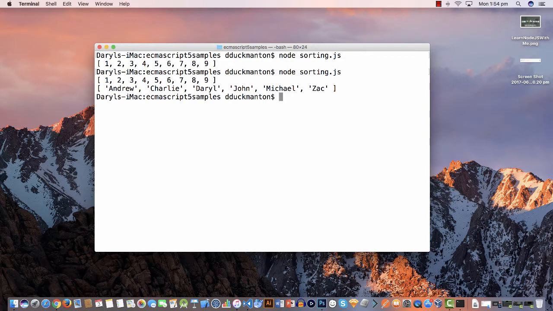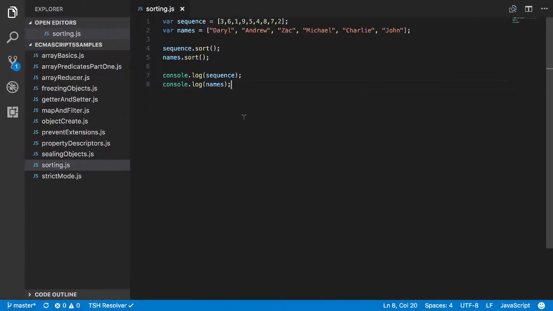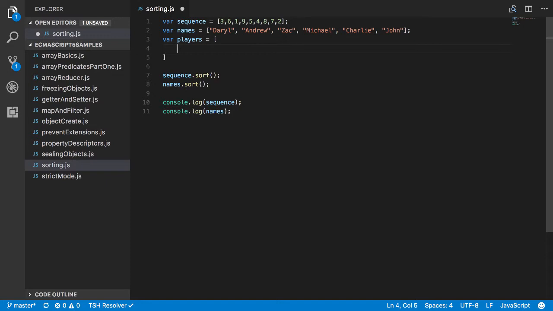That's cool, but what if we had a complex object that we wanted to sort? Let's think about it. In our applications, we're probably going to be returning data from a server, mapping it to objects, and then those objects need to be sorted in a particular way depending on our use case, right? So I'm going to create one more sequence of data here. This one I'm going to call players, and I'm going to create an array like so,